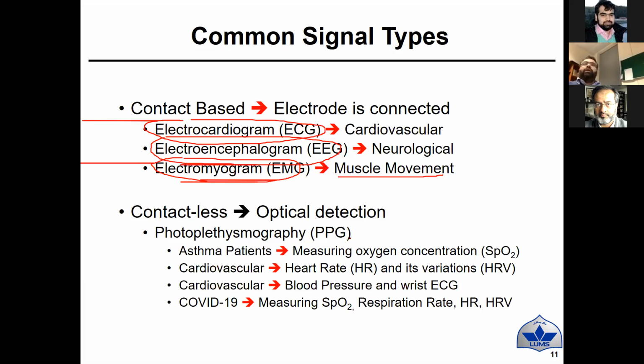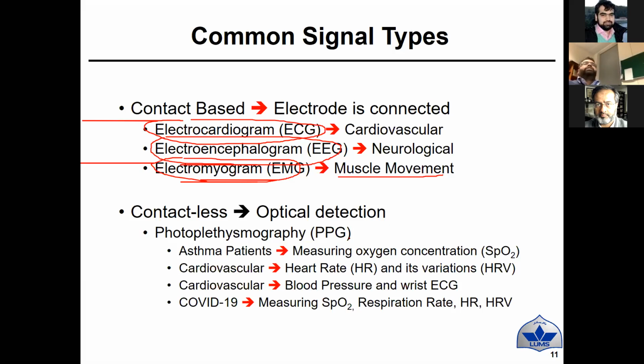Then comes the blood. You can measure the blood pressure, and those wrist ECG can also be used. So these are, again, more on the research side. People are working on it. Also in our group at LUMS, Dr. Wala is working explicitly on PPG. She has developed a glucose sensor, which is based on this PPG and can measure your glucose values. And they have done pretty good demos for that one. Now they are moving toward the next step of making it more portable, because at this moment it's more on the lab testing.